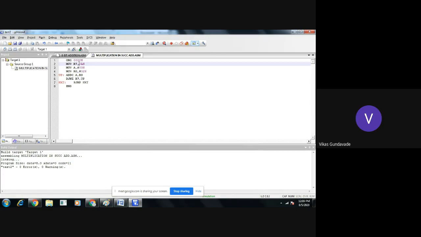This is direct addressing mode, so R7 will get loaded with the contents available at the 0A location. What we want is the value 0A in R7, so we need to make it immediate data with a hash. Everyone got it? Now we are showing 0 errors and 0 warnings. Now we will see what will happen.